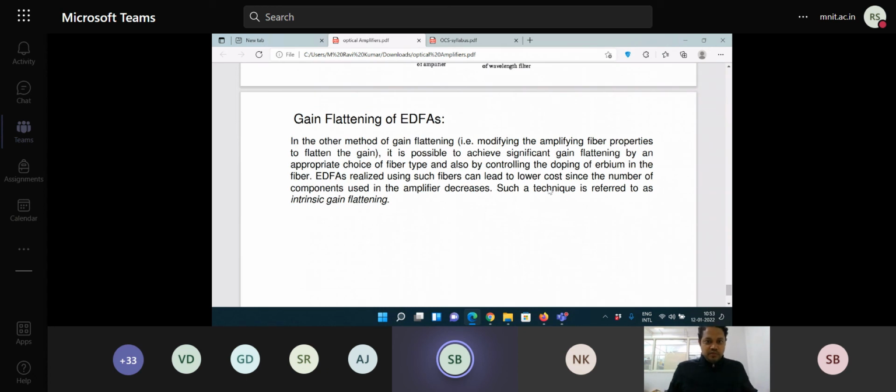So there are other methods of gain flattening also. Controlling the erbium doping concentration is one method, because this will not need to have